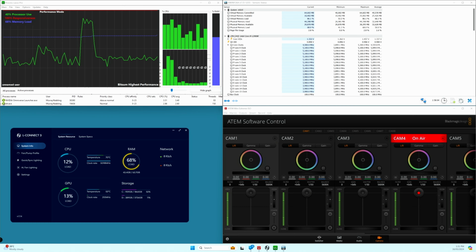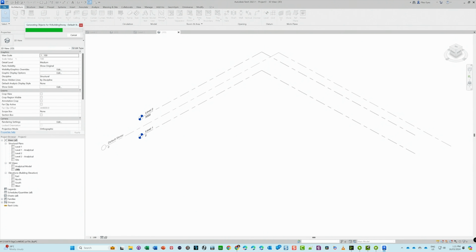Let's just take a quick look here at the resources. You can see now that at the moment we're not using much of our resources at all. So not like when it's trying to ray trace and the GPU is running at full tilt. Right, we're back to our Revit session. It's taking a little bit of time here. This will give you a good idea of how long it actually takes to generate a Revit model from an IFC file. But it doesn't take that long, and I think it's quite a powerful process to be able to do,